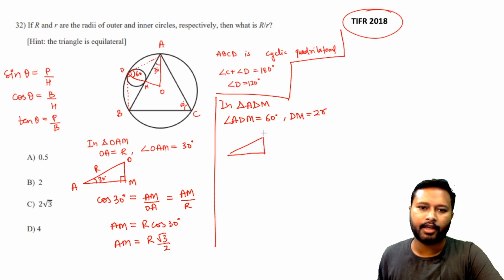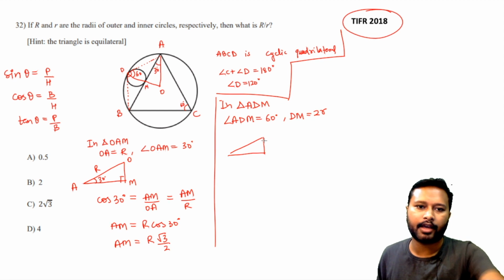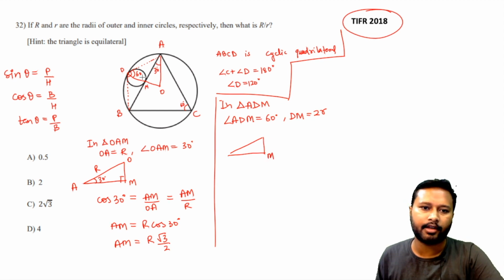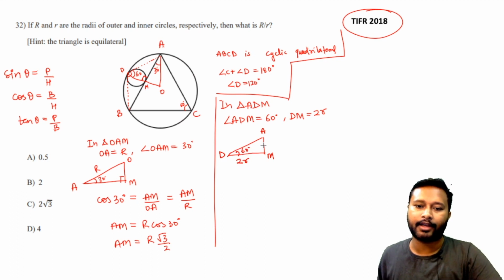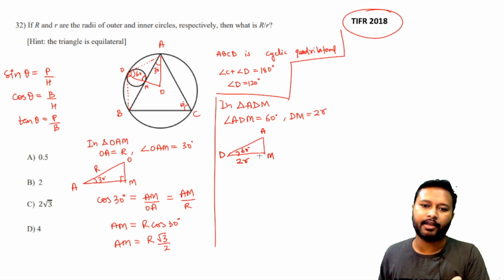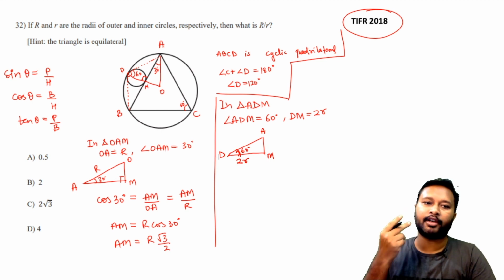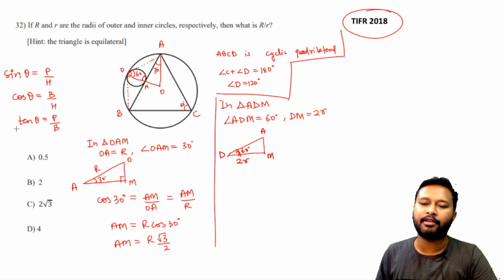So I have M where the 90 degree angle is. Then I have D and I have A. Now I have the value of DM, which equals 2r, and again I'll find out the value of AM here, and this angle is 60 degrees. So now I need to find out the relationship between AM and DM. AM is going to be the perpendicular because this is theta. In front of theta I have the perpendicular, and here I have the base. So I need the relationship between perpendicular and base, and that will be given by tan theta.